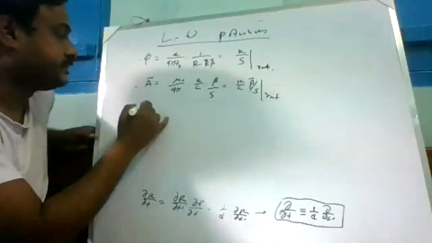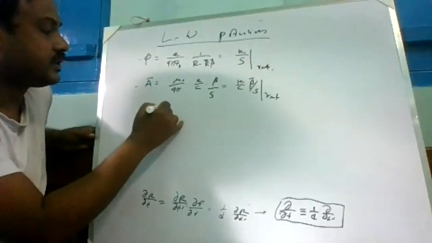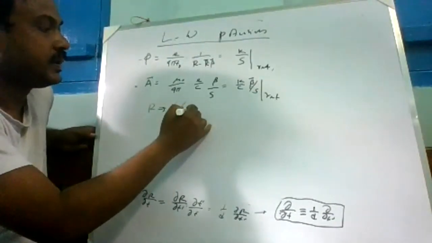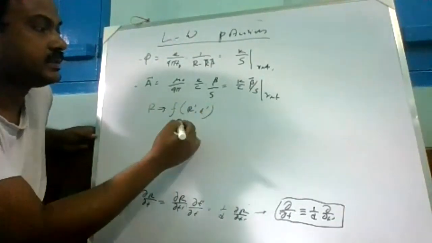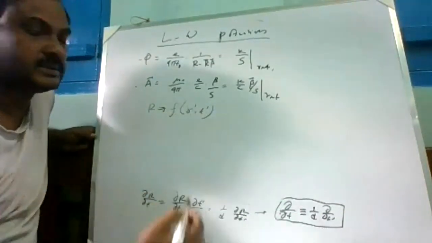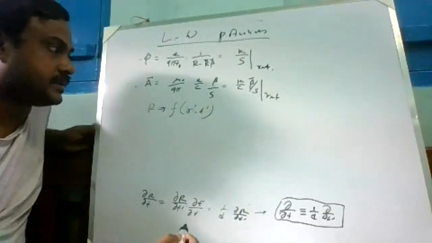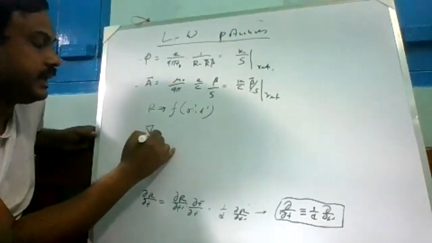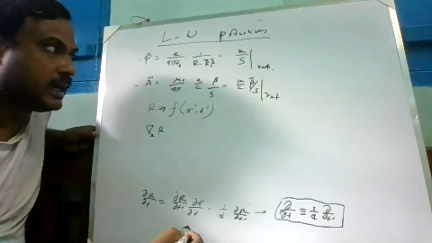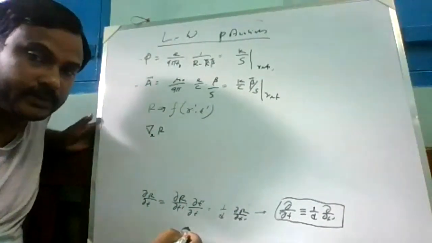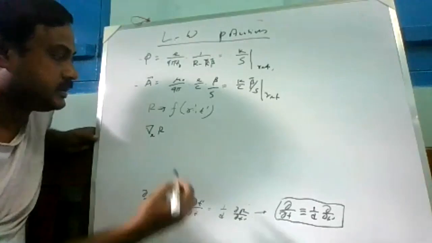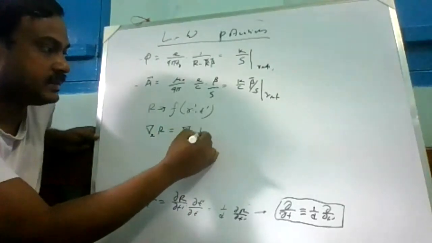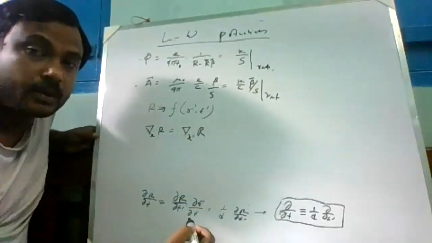Now for the space derivative, you know R is a function of R dash and T dash. That R is a function of this, and this is also a function of R. So I denote del X R to be differentiation with respect to the field points. Del R will be equal to del X dash R, differentiation with respect to the source point,